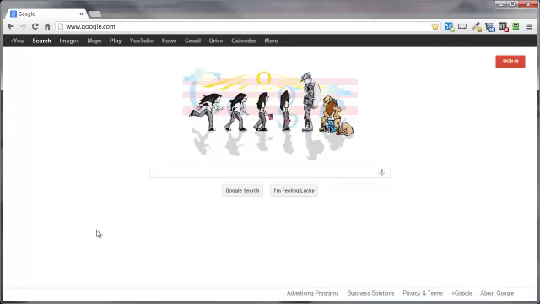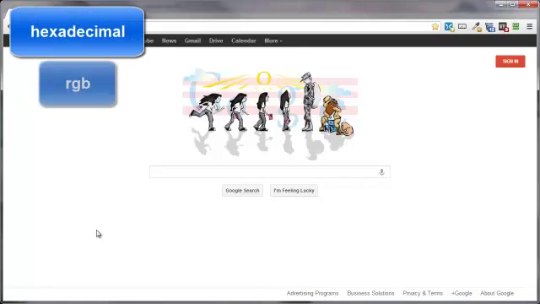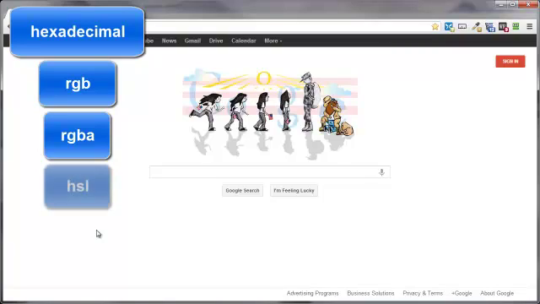Now I say basically because there are actually 6 different ways. Hexadecimal colors, RGB colors, which stands for red, green, blue, RGBA colors, which with CSS3 the A is the ability to add an alpha channel to your RGB color scheme. Then we have HSL, which stands for hue, saturation, and lightness. And we also have the HSLA, which is basically the same thing, hue, saturation, lightness, but also with the alpha